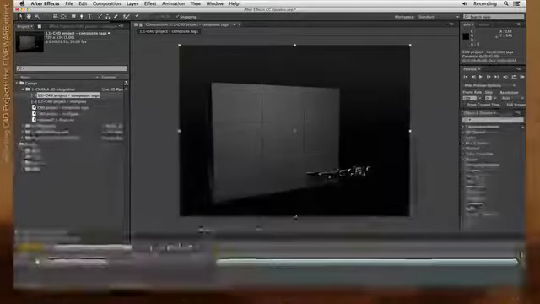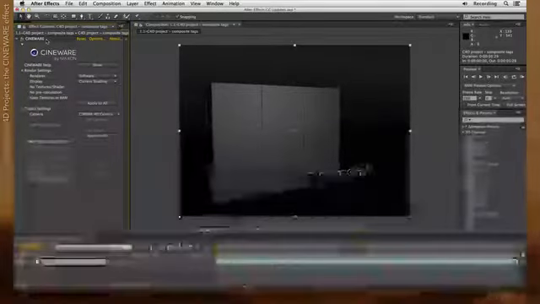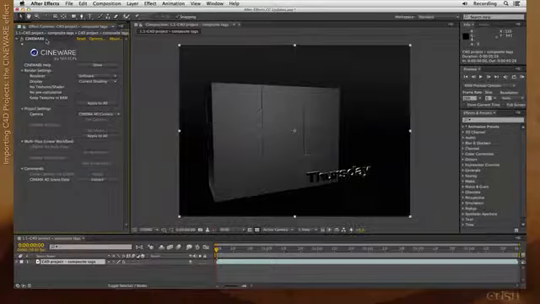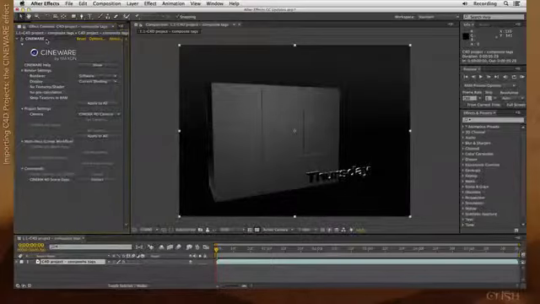With this layer selected, I'm going to press F3 to open up the Effect Controls panel, and you'll see that what makes this magic possible is a Cineware plugin supplied by Maxon that can bring in their project file and render it on the fly as pixels inside After Effects. It even comes with its own help file.